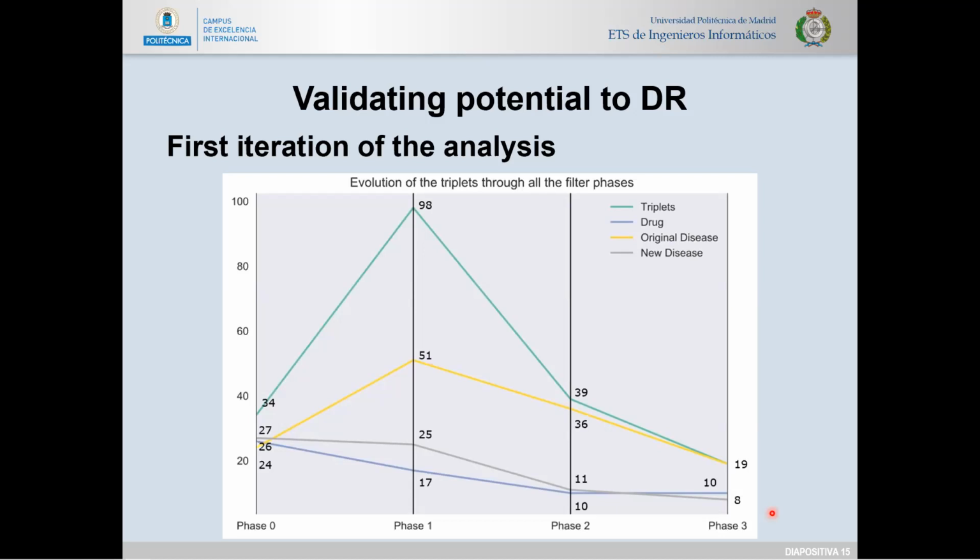Okay, so imagine that we extracted 34 triplets from the literature. After doing some pre-processing, we obtained 19 triplets with 10 different drugs, 8 different new diseases, and almost also 19 original diseases. So you can imagine the list of triplets. From those list of triplets, what we did was to search which genes and which symptoms they had together. So to look how similar were the original disease and the new disease, so we could prove that those repositioning cases were